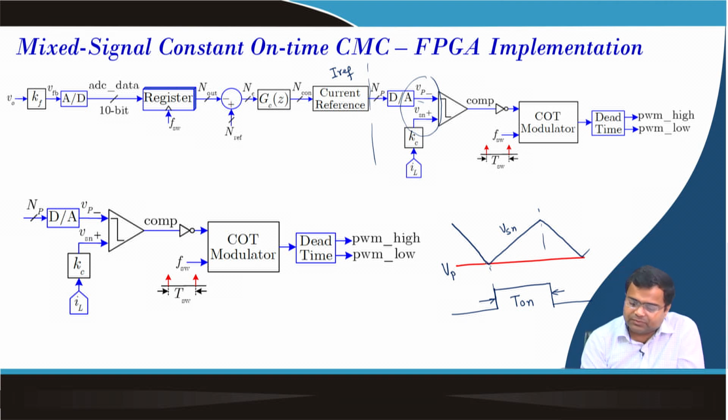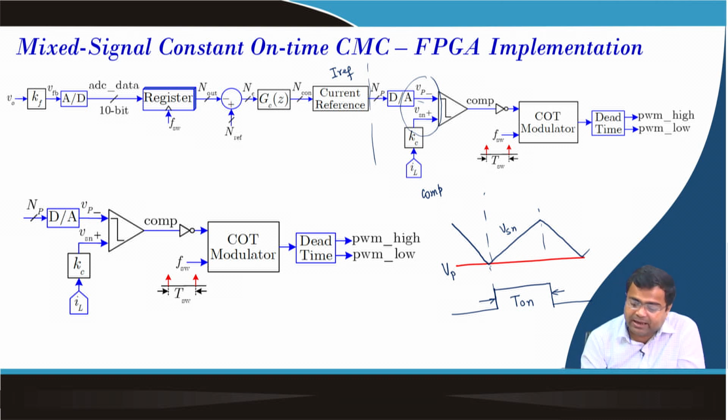So, as long as V sense is higher than VP, the comparator is always on, but when VP goes below V sense, then this comparator should be off. So, we are trying to detect that. What is the comp output? If you take the comp output,